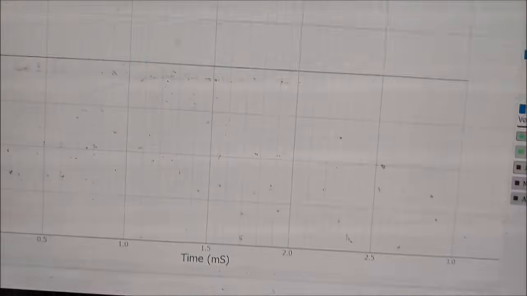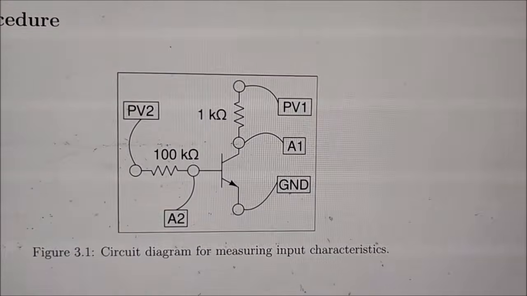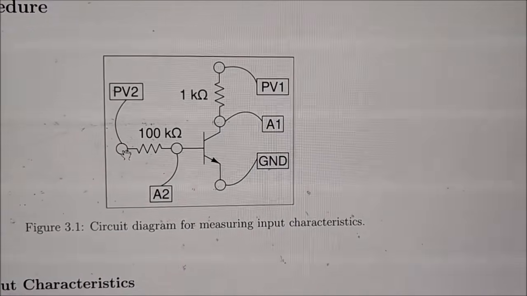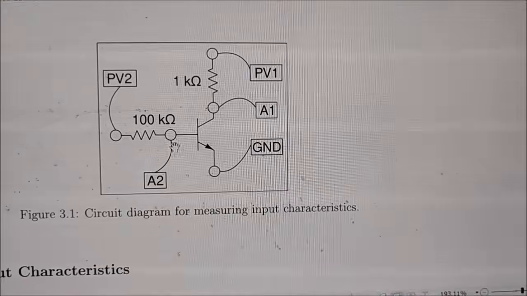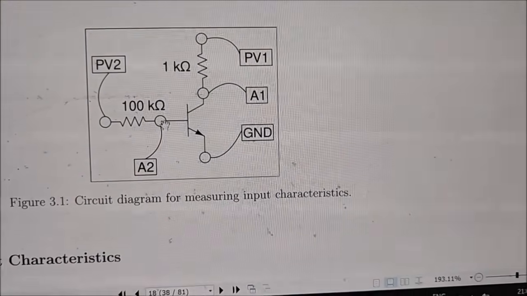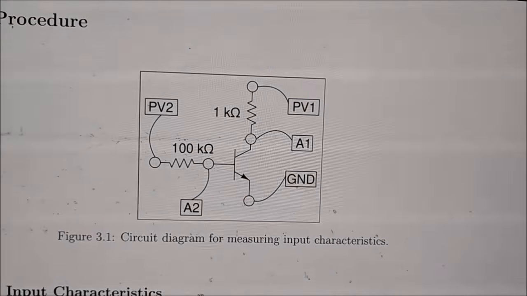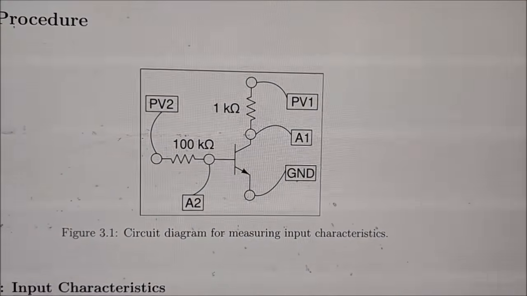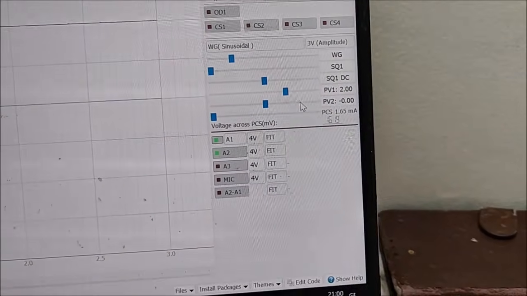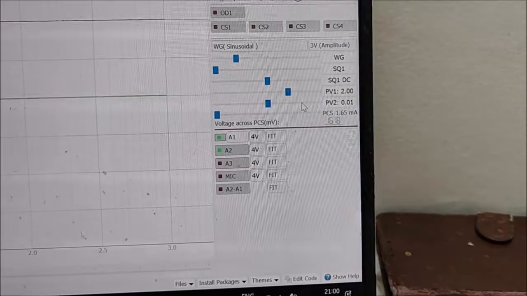If we see once again the circuit, this PV2 is our base applied voltage, and A2 is the voltage measured on the other terminal of this resistance. So this is basically your base-emitter voltage. Now we have to change this PV2 by a very small amount. So let's say here I increase this